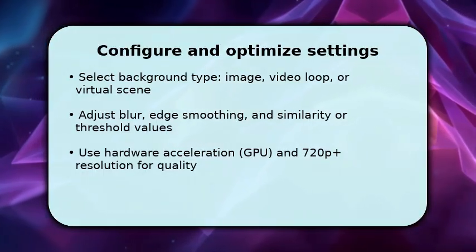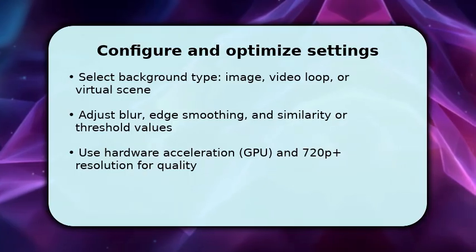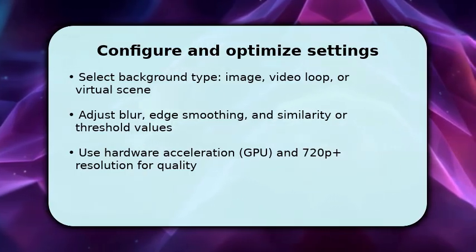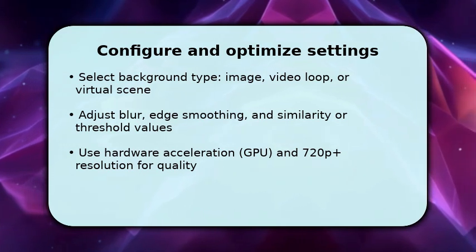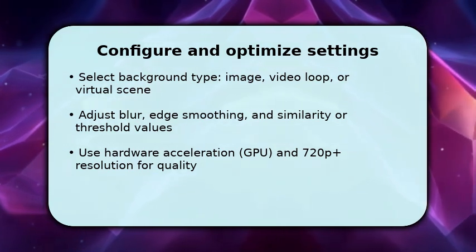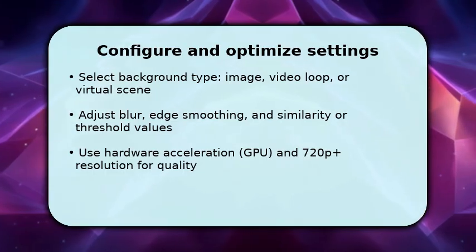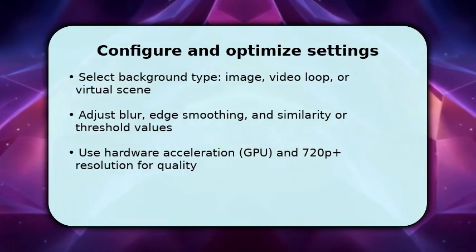Make sure hardware acceleration is on and stream at 720p or higher if bandwidth allows. This reduces compression artifacts that break the illusion. Test with movement. To finish, lock in your chosen background and save a preset so you can recall it instantly